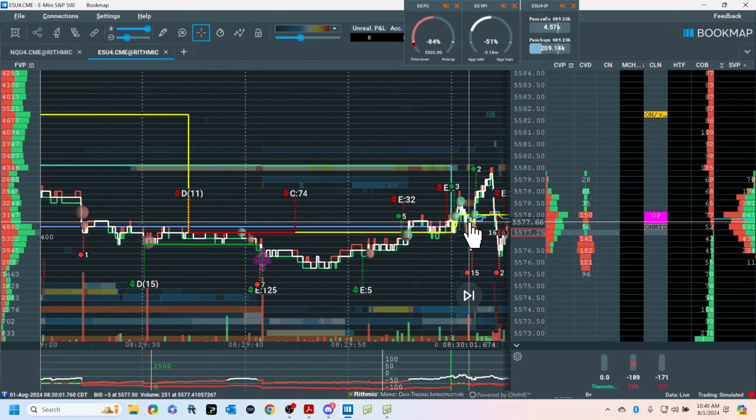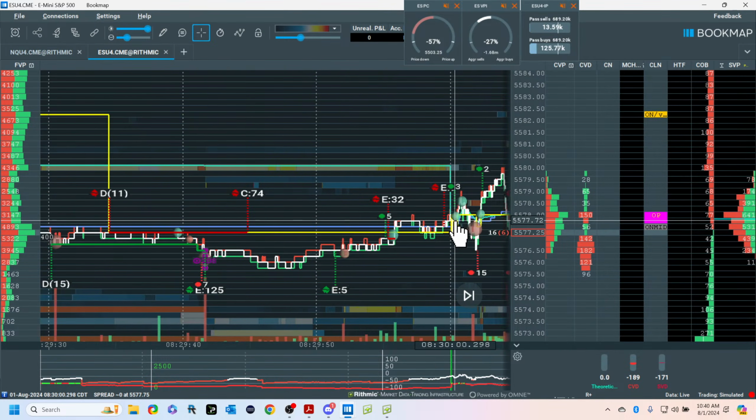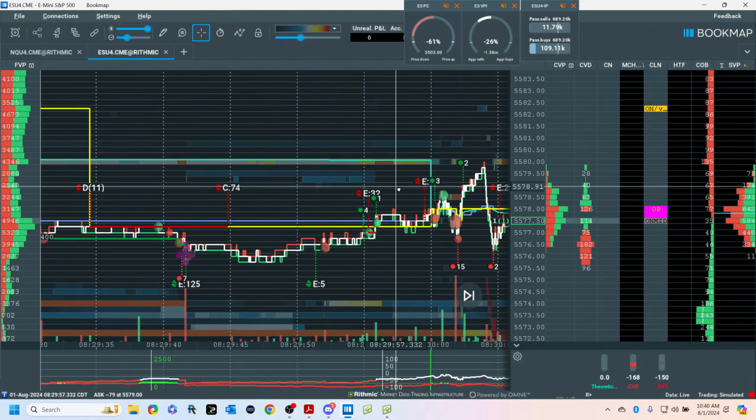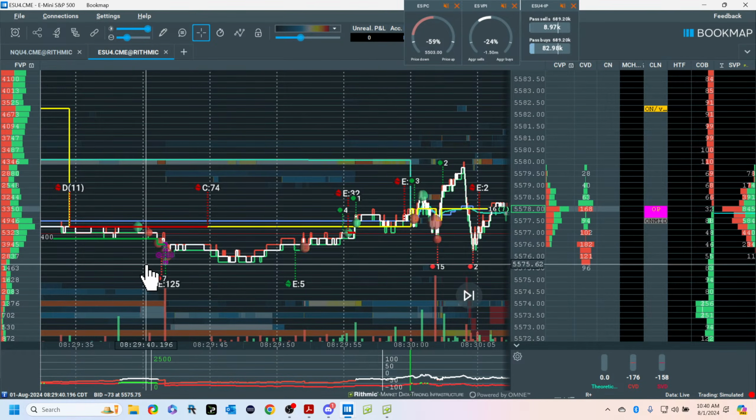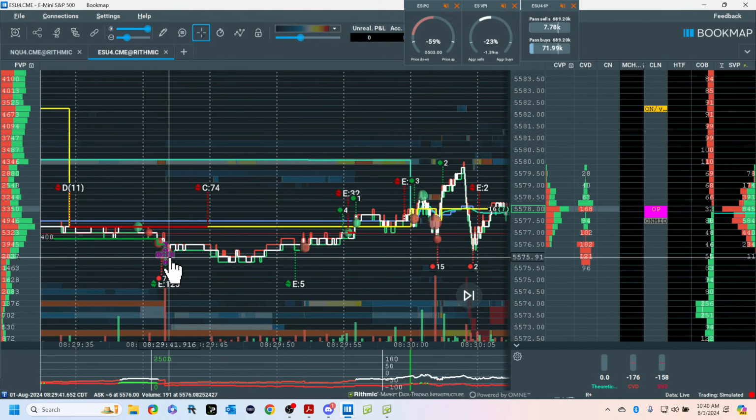This is auction market theory, and we're using a volume profile and Bookmap order flow tool for the tip of the spear, is what I call it. This is not a trade calling room, but I believe anyone can learn to trade. Now, what I believe doesn't mean anything, but it is what I believe.